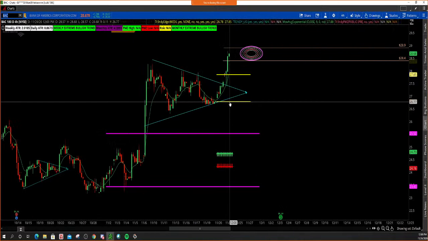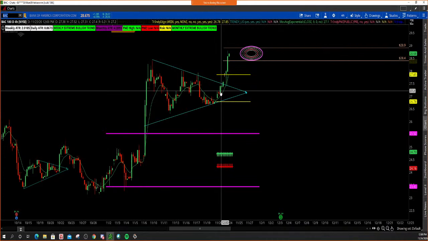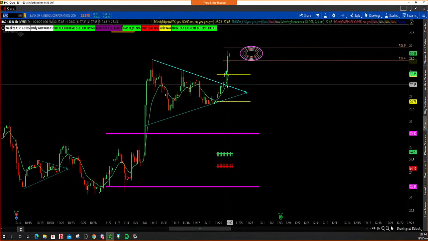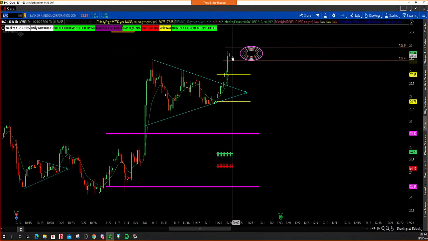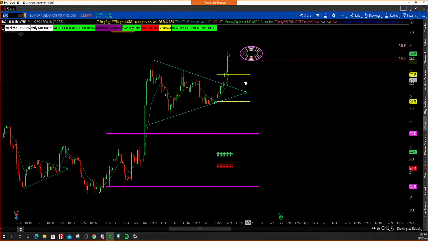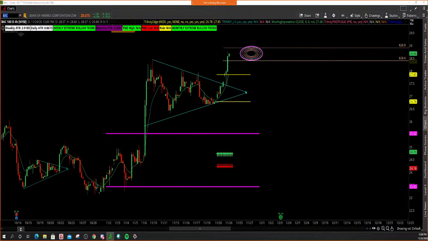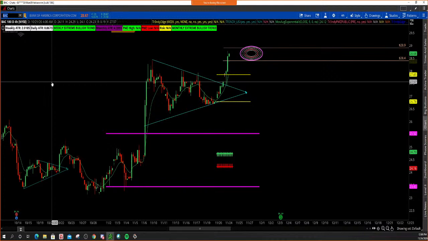All right. And let's talk about why I took this trade, right? Lower on the curve, breaking out of this formation. We got above the trendy edge. As long as this held for support, I'm looking for these targets up here. Very straightforward. All right. Now let's go ahead and go over